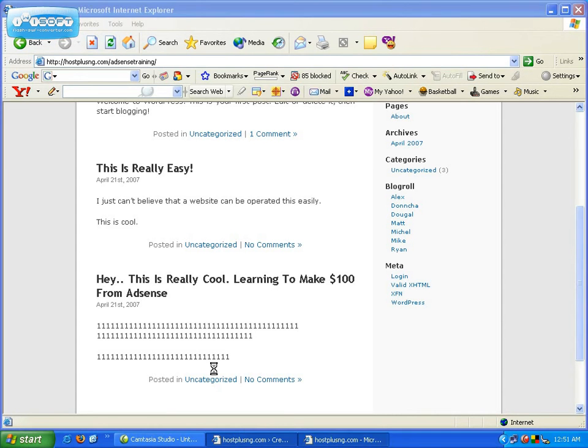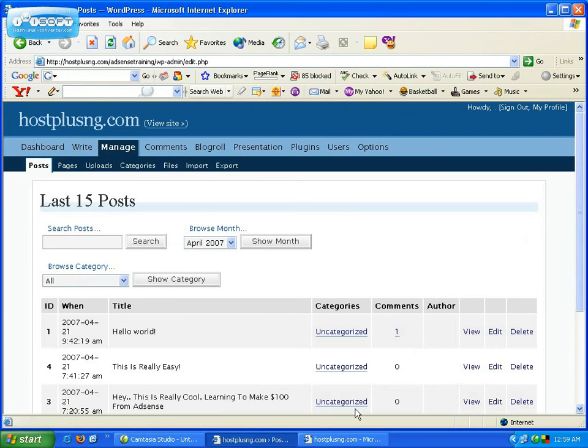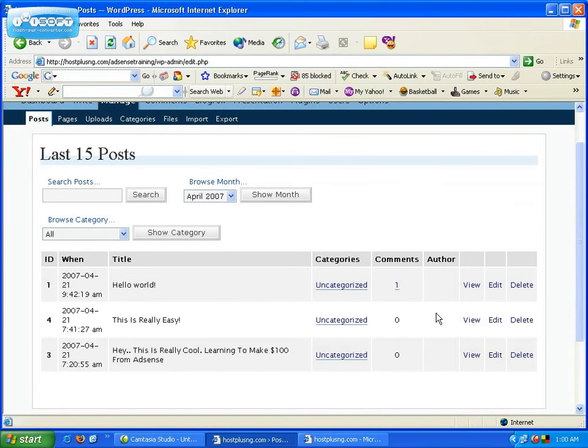And that brings us to the section of your control panel which we call manage. So we just click on manage right now and we wait for it to show up. Now, to edit a post which we have made recently or a post which we made before, or to make changes to it, all you need to do is locate the post. Here you can see the title of the post under this section, and then you just locate which post it is you want to edit. So let's edit this is really cool. This is really easy. So I just click edit here,